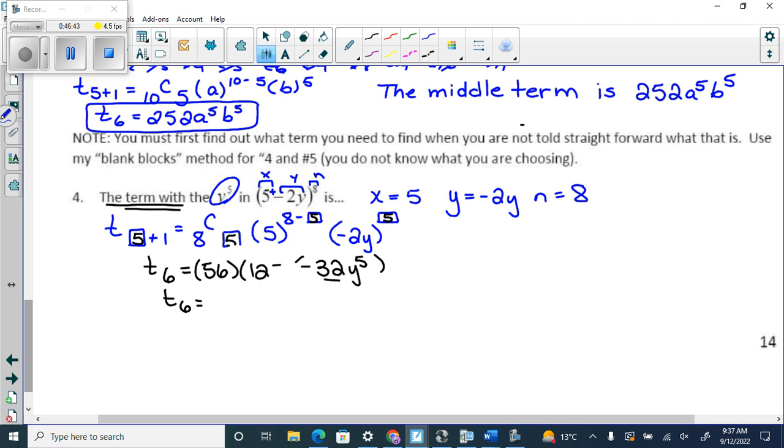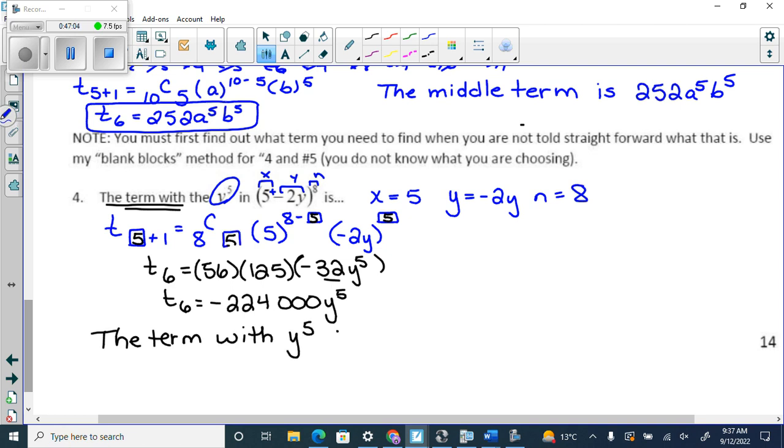So what's the big number? Negative 224,000. And how do we end this? This is term 6 equals. Did it ask me for term 6? No, it says the term with the y to the 5. So the term with y to the power of 5 is